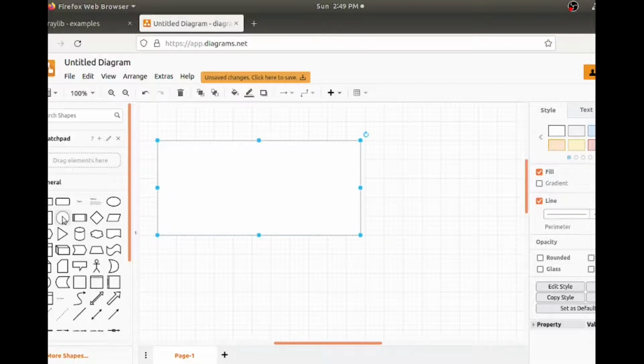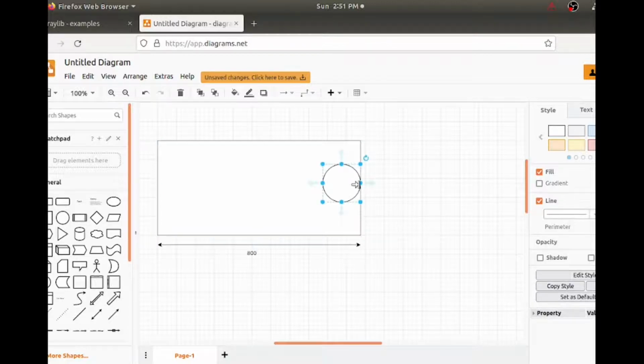If that is the case, then the ball hits the walls of the box at how much? 800 minus 50, so that is 750. When the ball hits this edge, the center will be at 750. So if I check for that condition, I think we should be able to get the rebound. All of this should happen inside the while loop, because every time this while loop gets called, you update the position of the ball,